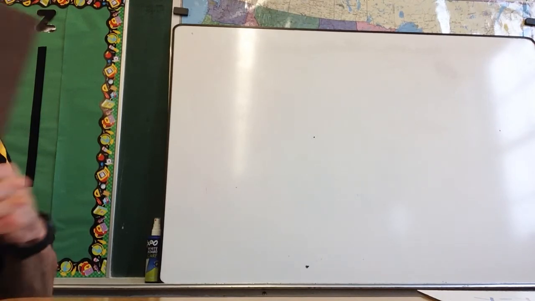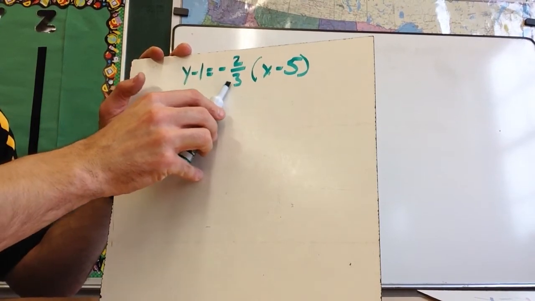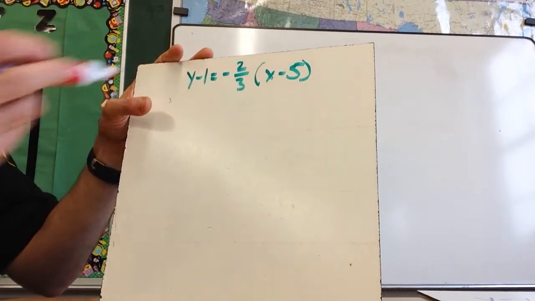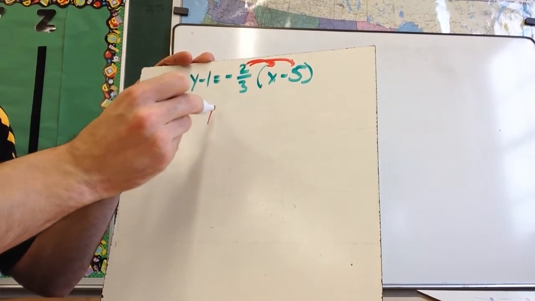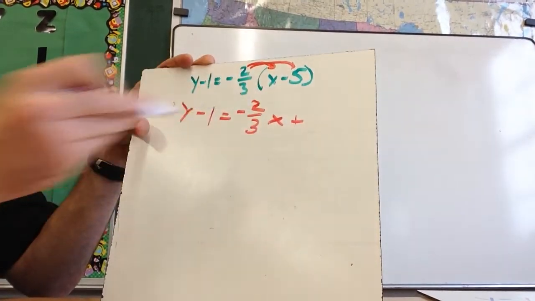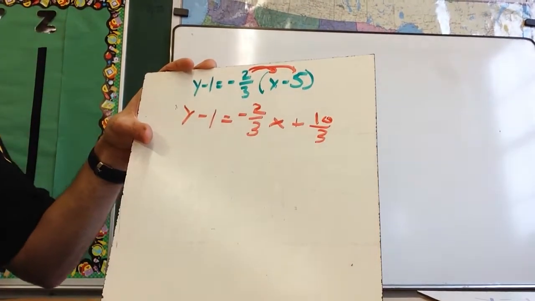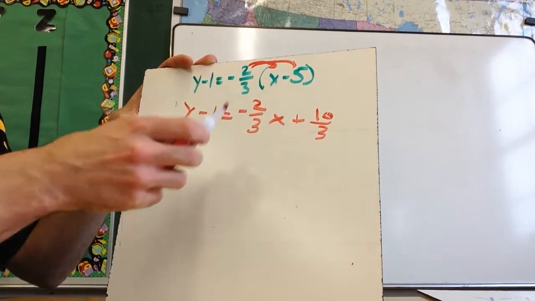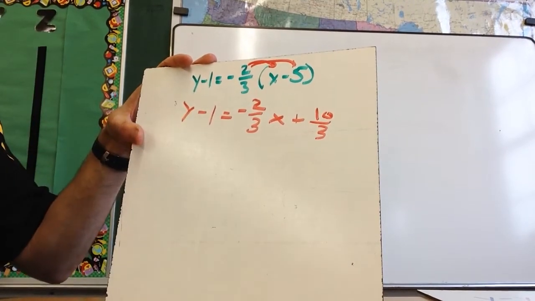So what we're going to do is take this equation, which is currently in point-slope form, right? y minus y1 equals m times x minus x1, and we're going to put it into standard form, which means now is one of those times when we are actually going to have to distribute. Okay, so this becomes y minus 1 equals negative 2/3 x plus, right, because now it's negative times negative, plus 10/3. So there are a couple things I can do, but I'm not going to necessarily get rid of the fraction just yet. If you wanted to, you could multiply everything by 3, but we're going to deal with that